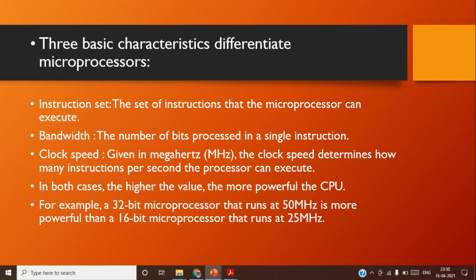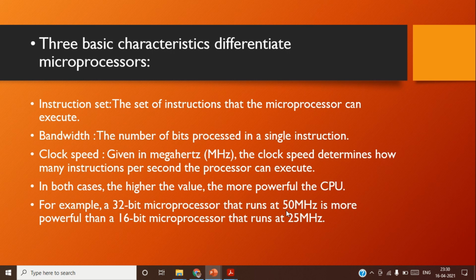In both cases, the higher the value, the more powerful is your CPU. Now there is an example. A 32-bit microprocessor that runs at 50 megahertz is more powerful than a 16-bit microprocessor that runs at 25 megahertz. Because the number of bits that can be processed by the 32-bit microprocessor is more, and the clock speed